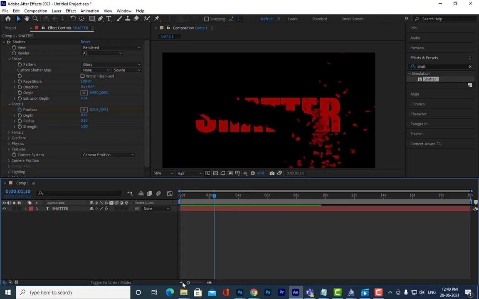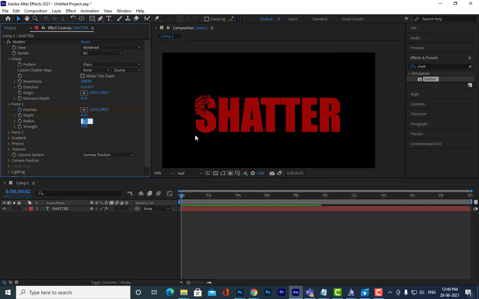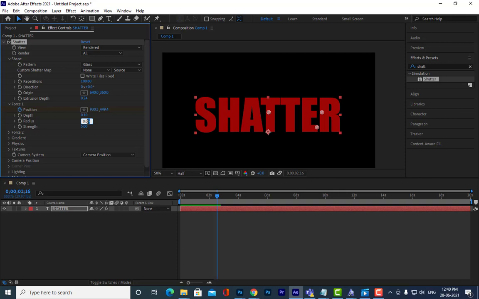And if you don't want the crack to be too big, let us reduce the radius even further, okay? 0.06, let's see now how it looks. 0.06 is very small, I think. So let me keep it to 0.09.